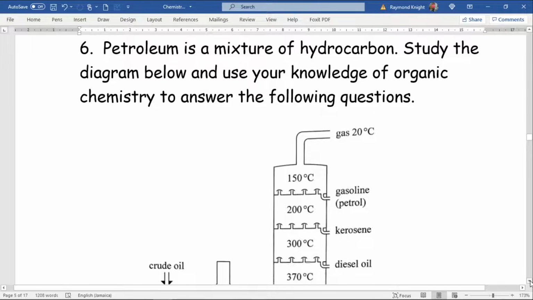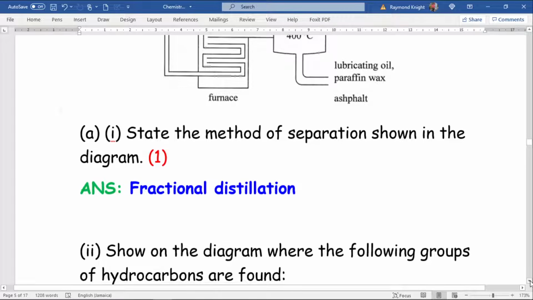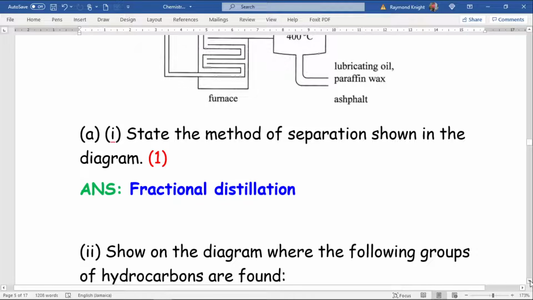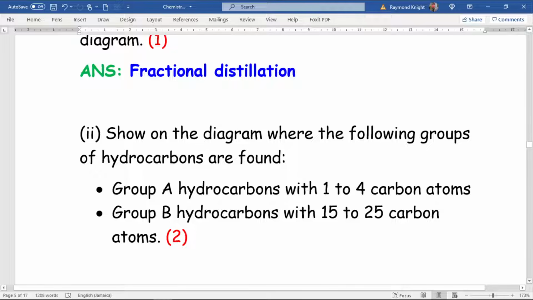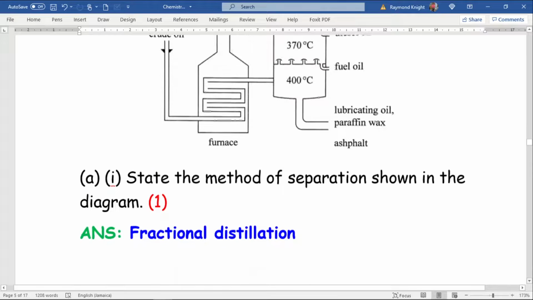Question number 6. For question number 6, it says petroleum is a mixture of hydrocarbons. Study the diagram below and use your knowledge of organic chemistry to answer the following questions. State the method of separation shown in the diagram below. Fractional distillation is shown on the diagram. Where are the following groups of hydrocarbons found? Group A, hydrocarbons with 1 to 4 carbon atoms, and group B, hydrocarbons with 15 to 25 carbon atoms. That's 2 marks. But I'm going to show all these